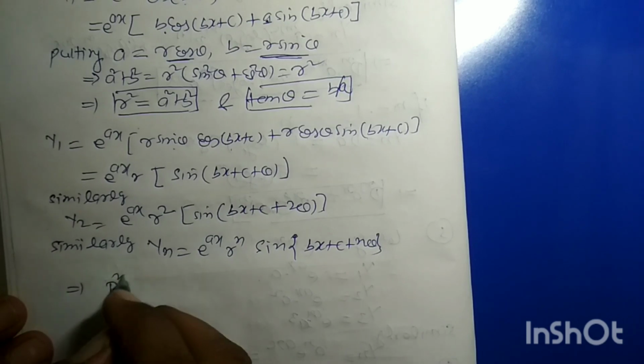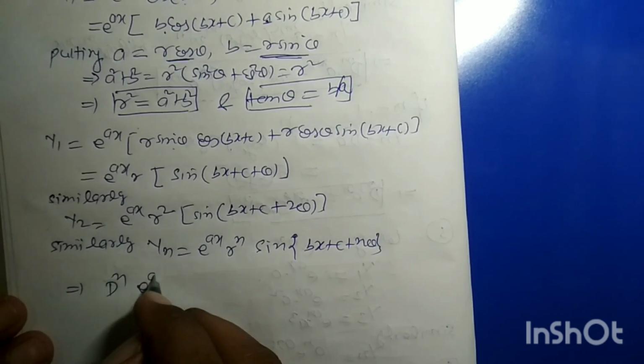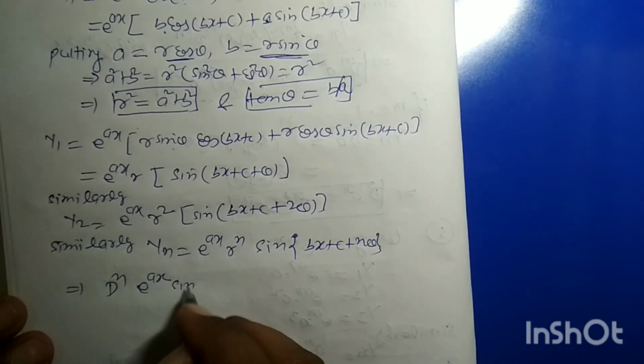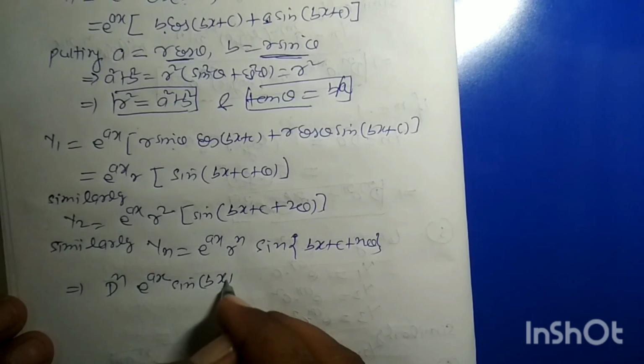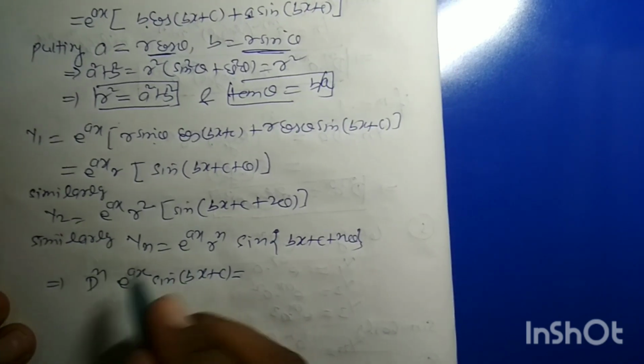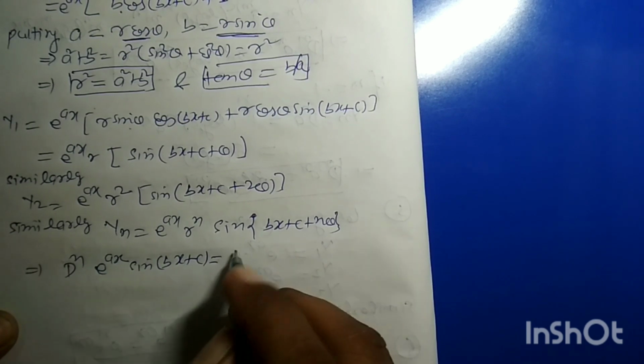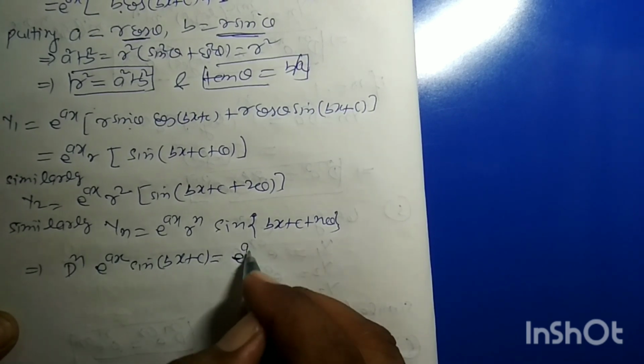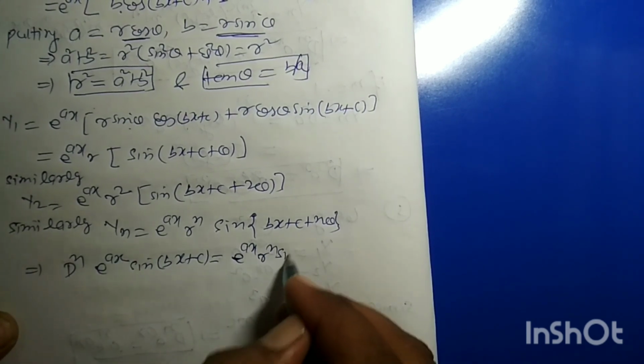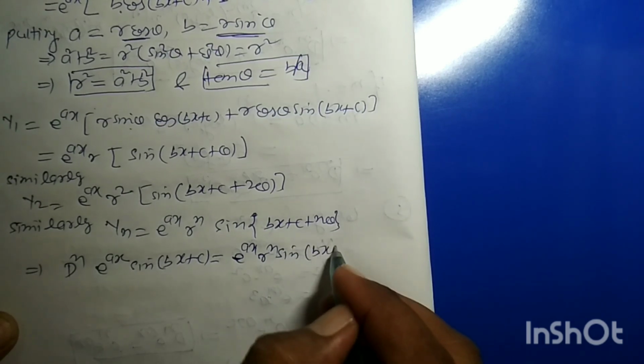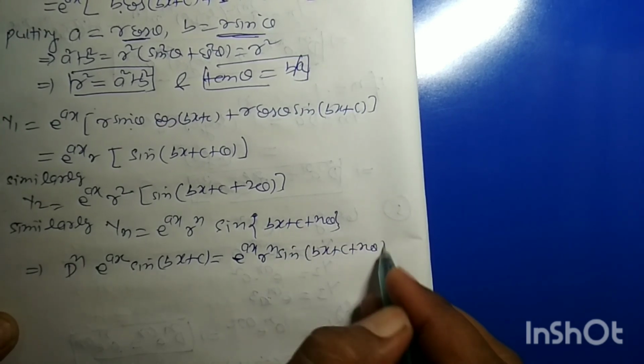This implies that the nth derivative of e^(ax) sin(bx+c) is equal to e^(ax) r^n sin(bx + c + n theta),